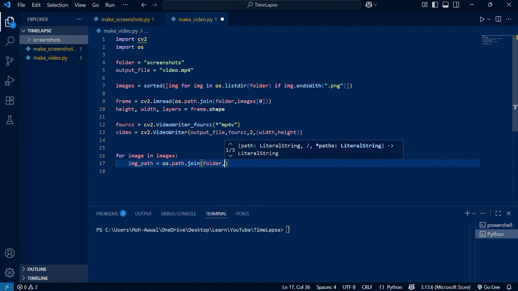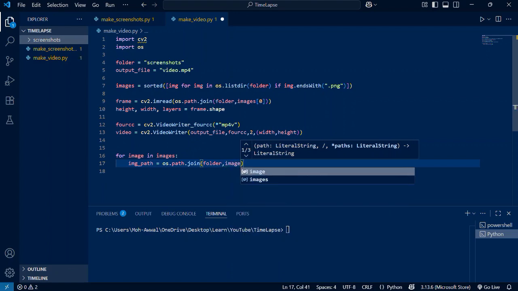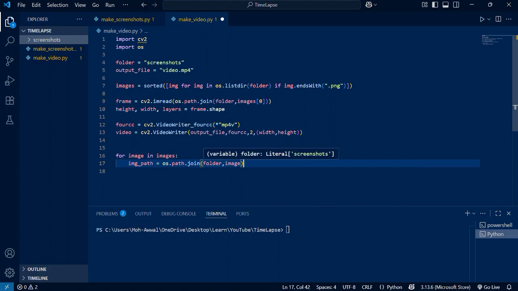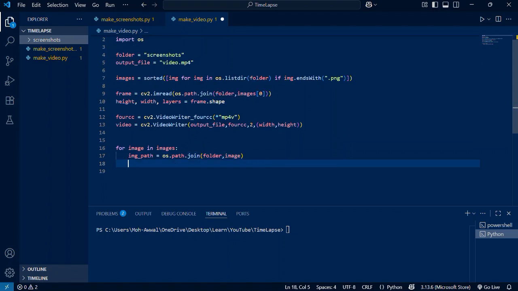Screenshots and add the image name, which is just image. The image itself, this variable itself, is basically the name, right? So when it merges it together using join, it gets us that path. So now our frame, just like what we did here, basically the same thing. So frame equals